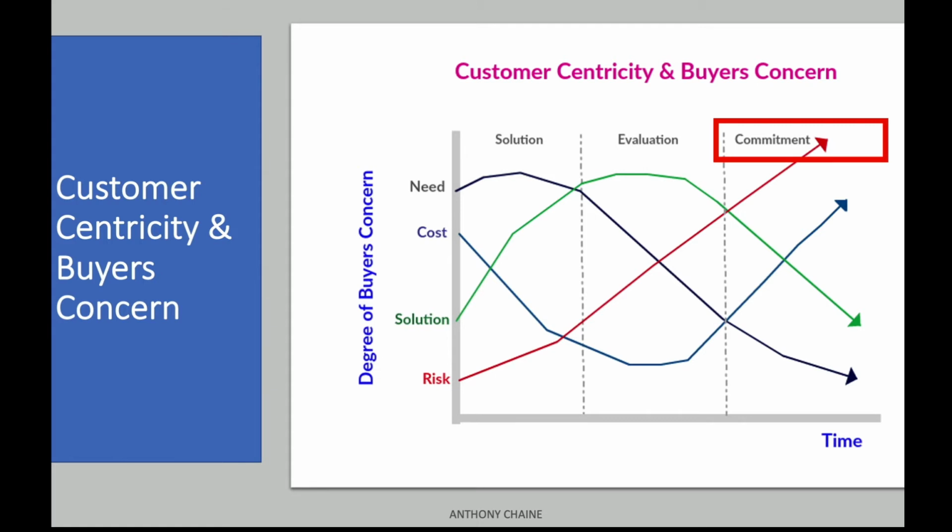Then you move to the final phase, the commitment phase, the top right column. When you look at the risk line now, it becomes your most significant concern. Here you worry about almost everything. You worry about finance, quality, value, equity, and people's authenticity. You become quite alarmed and somewhat agitated. You really don't want any surprises at all, and you will back away from any deal at this stage.